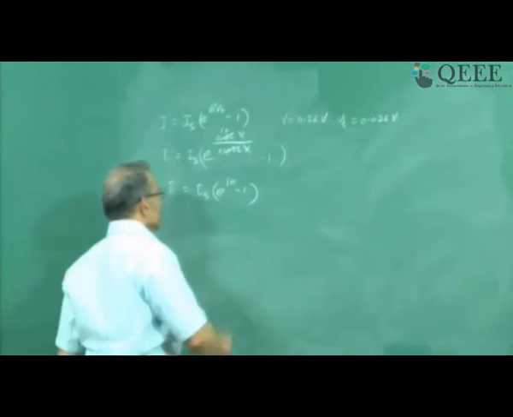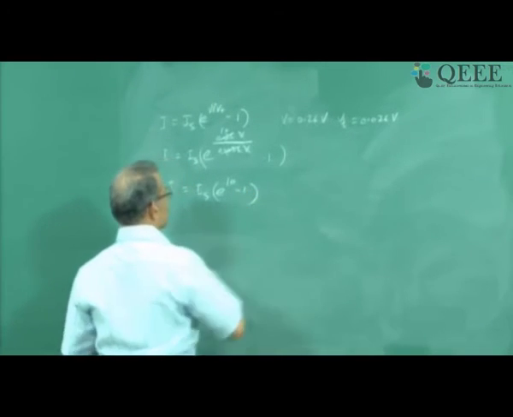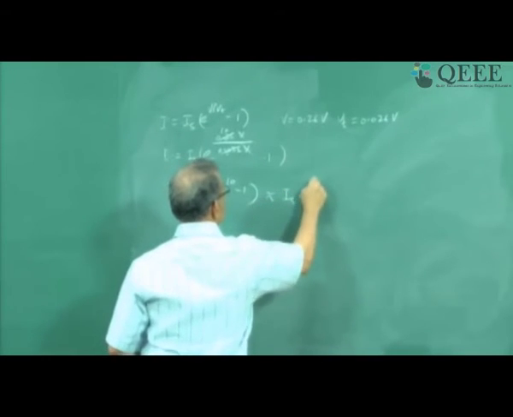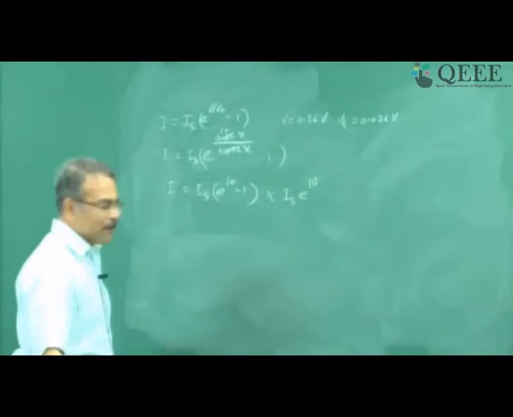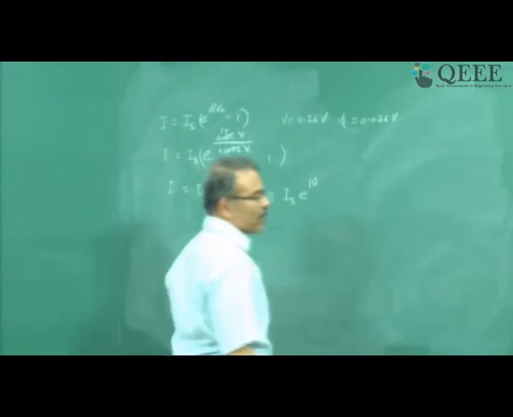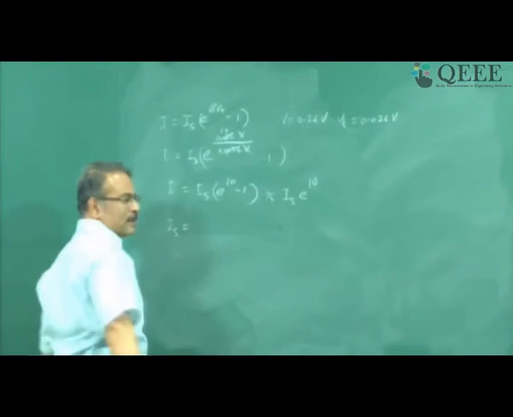So now after putting all the terms, I know this term is not important. So I am going to say this is equal to Is exponential of 10. Now I need to find out what Is is, then I would have solved the problem. The Is calculation is a little bit more involved. So Is is equal to